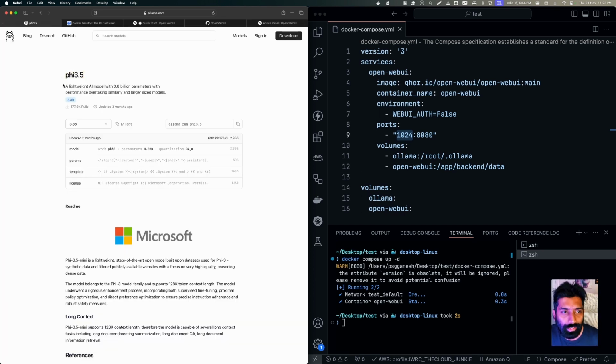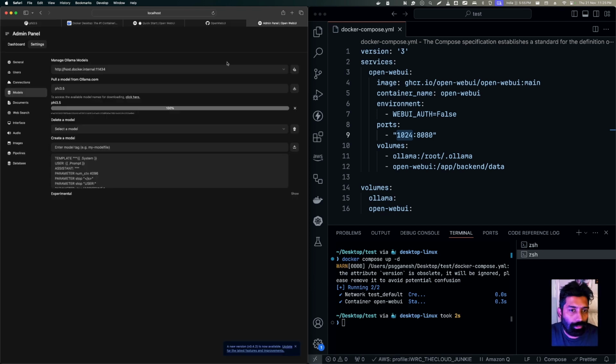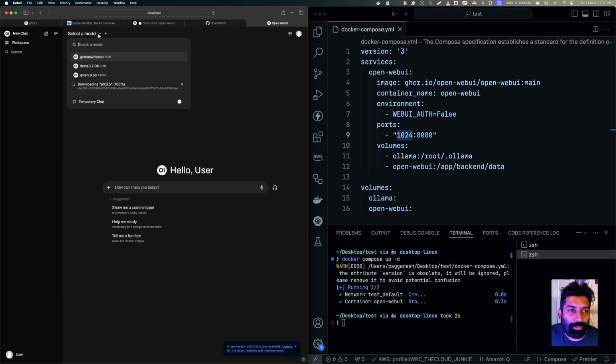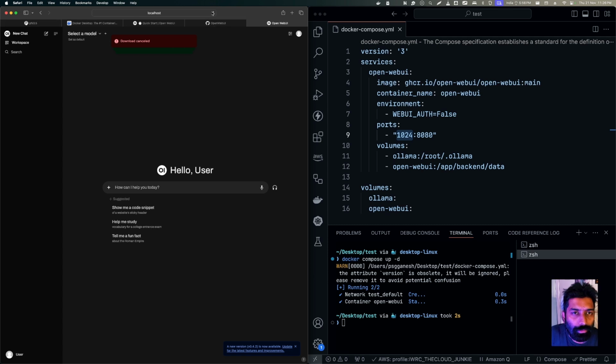So that's here. It's a lightweight AI model with 3.8 billion parameters, with performance overtaking similar larger sized models. Okay, so let's see here. It's done. You see it's 100%. Now what we do is we click on the sidebar and click on new chat. And here I'm going to select our model 5.3.5. It's almost getting ready there. So let's wait for it to be up and running. It's verified. It's done. So let's refresh the page once. Once I refresh the page, I'm going to select the 5.3.5 latest model, and then